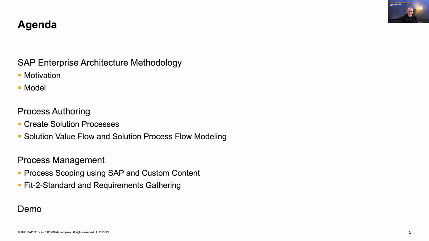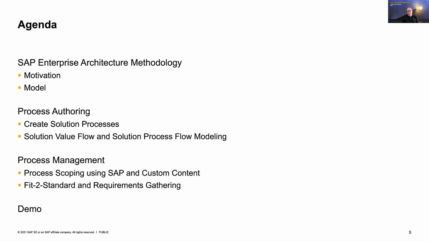You can imagine, with process talk, so many people have different opinions how you should talk about processes, what are processes, and so on and so forth. And here, at least within the SAP organization, we have one common picture how we want to talk about processes, and this is actually given by the SAP Enterprise Architecture Methodology. First insight into that, this is the first chapter.